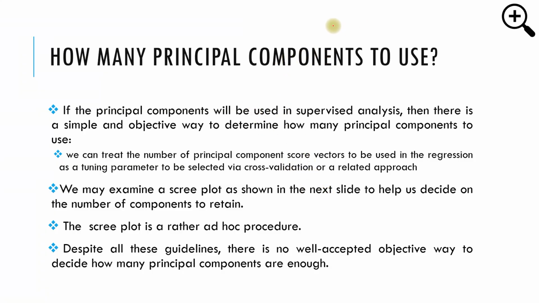You apply it for, let's suppose, two components and see what results you get on the testing set, and then you apply it for three components and see what results you get on the testing set, and so on. So you just need to vary the number and use a cross validation approach or some related approach to determine what errors you get on your testing set if you use two components, if you use three components, and so on,